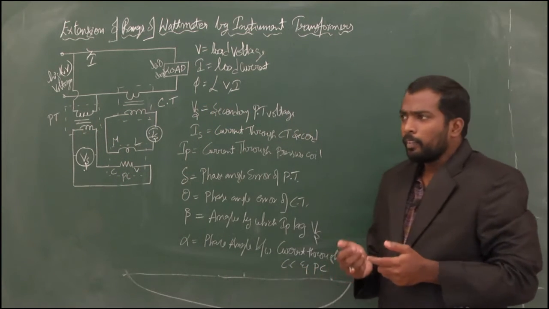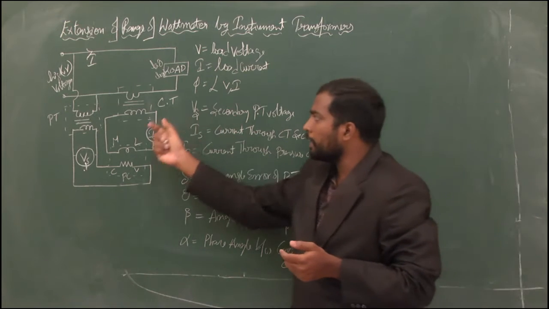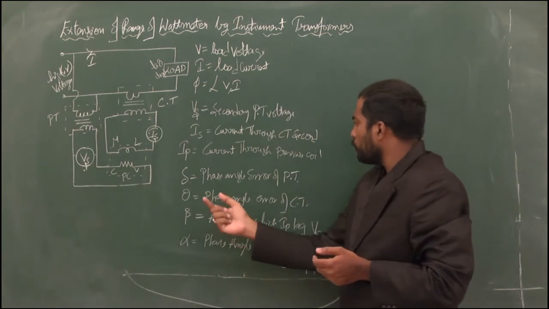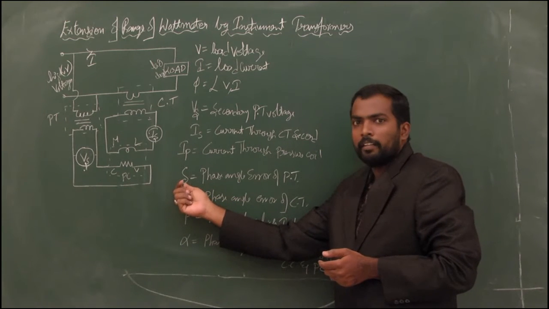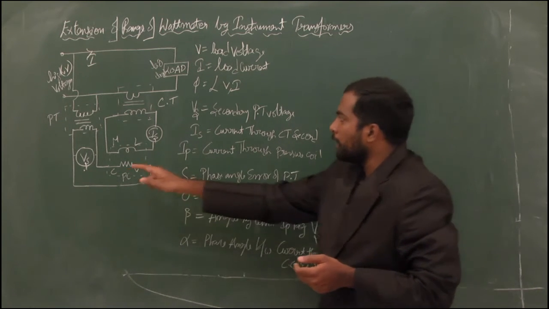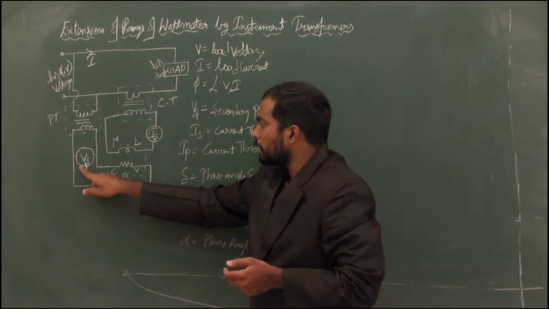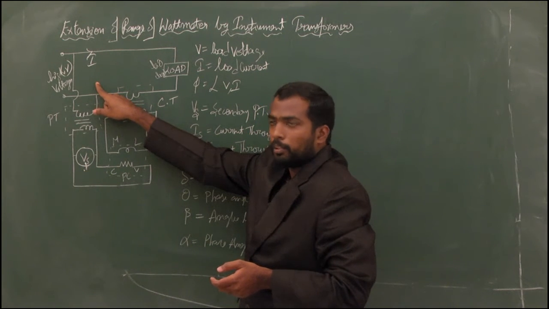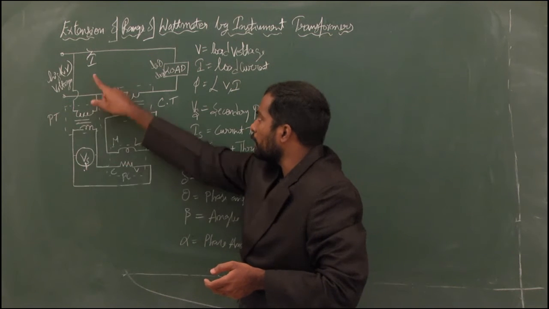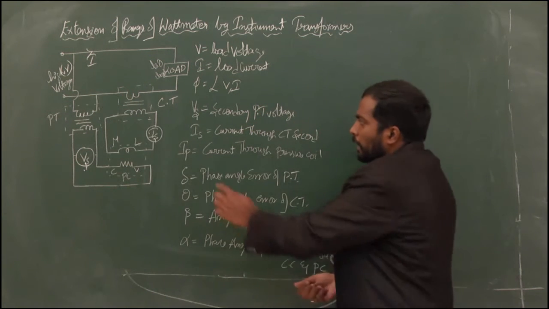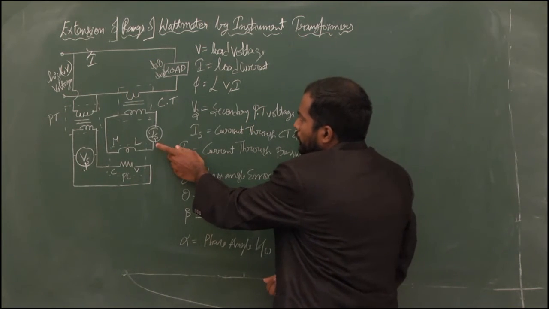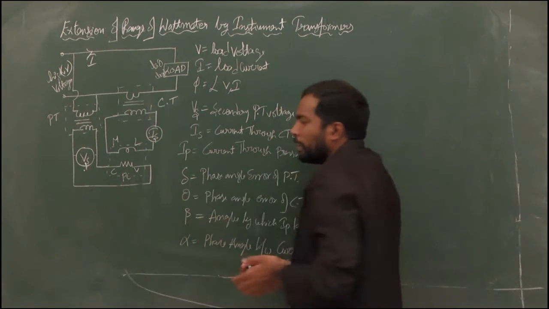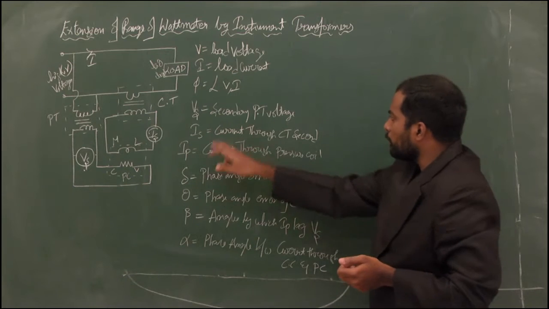Whenever we are extending the range of wattmeters, there is an error produced due to the potential transformer, where the error is nothing but del. The voltage across the secondary of your potential transformer, that is Vs, will lag the voltage across your load. And in a similar way, the current across the secondary of your CT will lead the current across your load. Those are the errors which I have represented here.